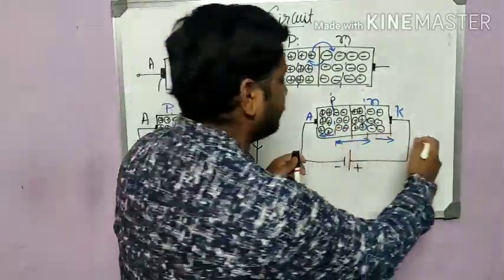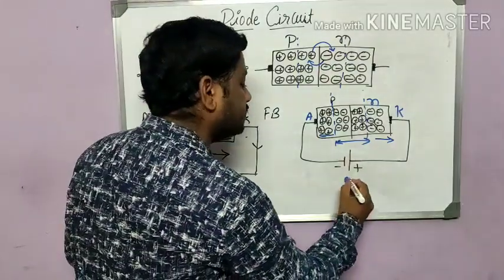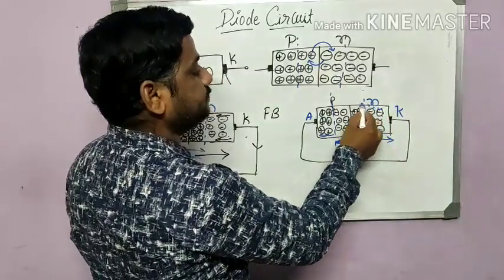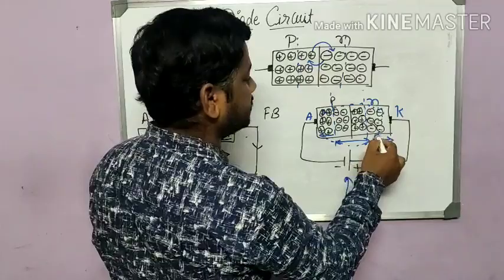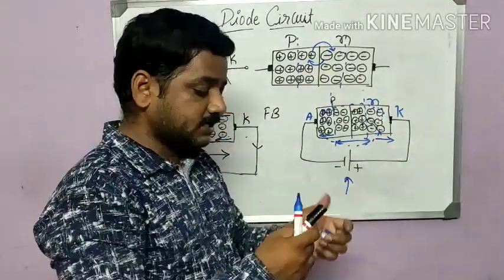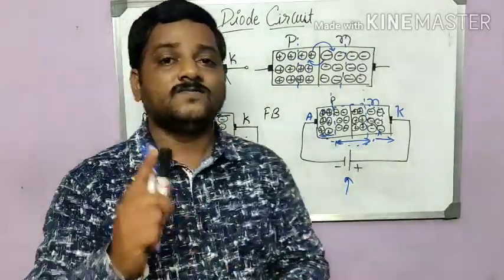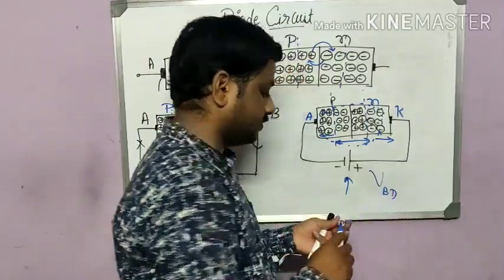Okay, so it will be expanded, but there is a limit for that. If you go on increasing this reverse polarity, then what happens? These electrons will jump to this region of P, and these holes will jump to this region of N, and that we call a breakdown. So when we go on increasing the reverse polarity, breakdown occurs. There we call it VBD or breakdown voltage. So we need to be very careful about